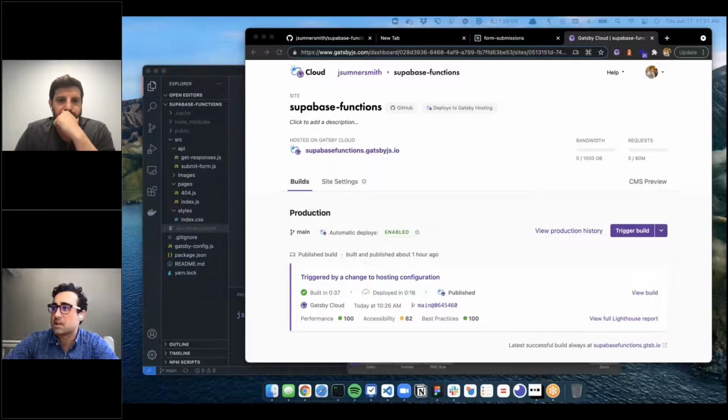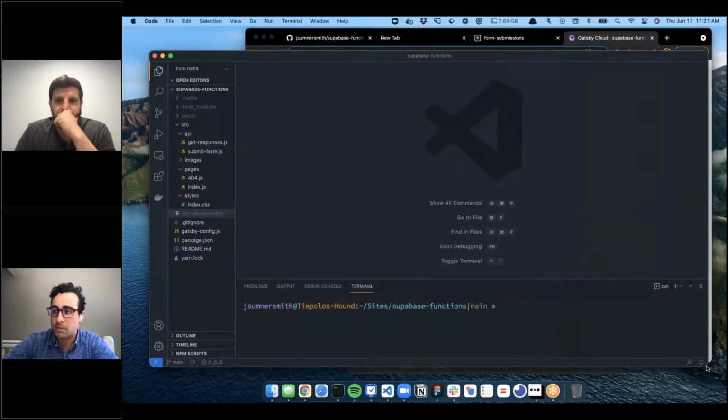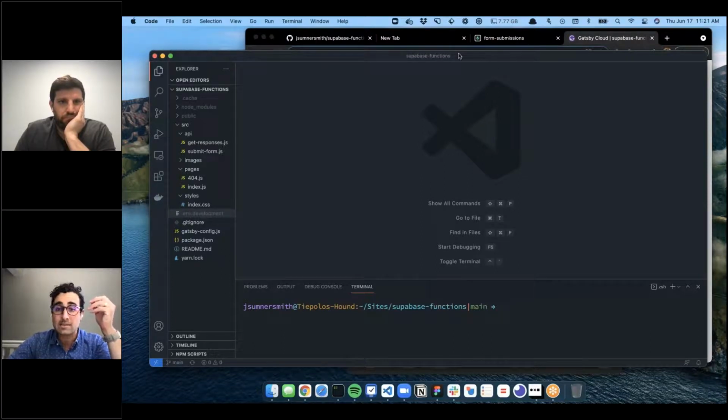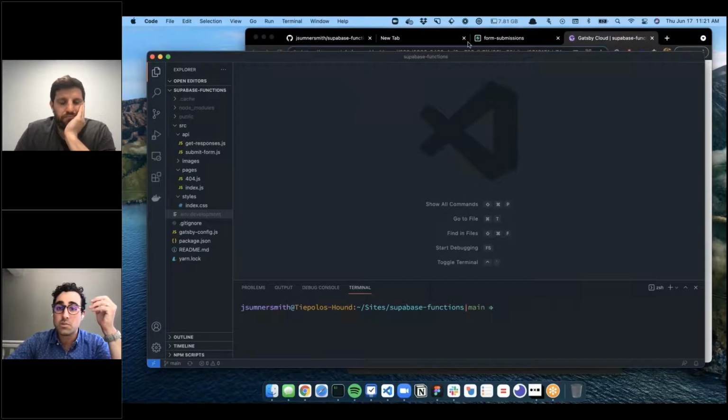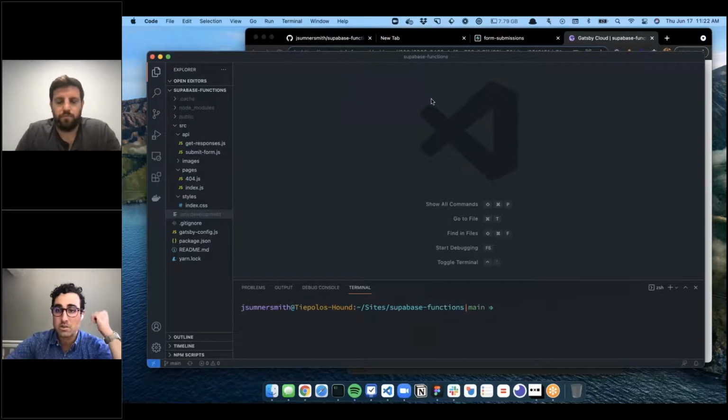So I've obviously got this up in Gatsby Cloud here, but I want to walk through the project a little bit from the code editor side. What this project is going to show is how to use a tool called Supabase, which is a backend as a service, as a backend for your Gatsby site. In this instance, we're using it to accept form submissions. So we'll do some posts to a route, or a function, in Gatsby Cloud. And then we can look at that data in Supabase, but we'll also do a simple API endpoint, so you can see how you could also pull data once that's been dynamically added to your backend.